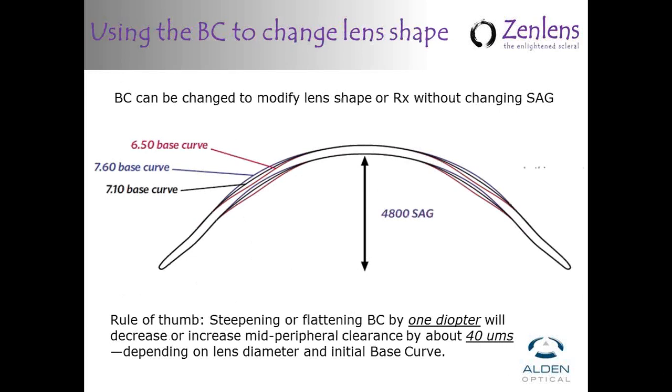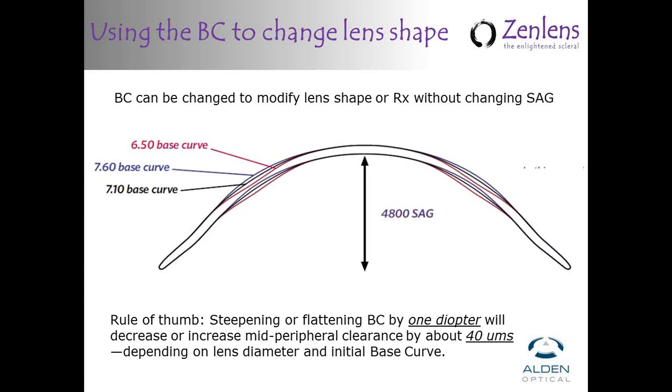And remember, the way this lens is designed, the smart curve technology disengages the base curve change from the sagittal depth change. So in other words, you can change the sag without changing the base curve. You can change the base curve without changing the sag. And so that's what we're going to talk about right now: what happens if you have a central clearance that you like, determine the sag value that you want, let's say in this example 4,800 microns,